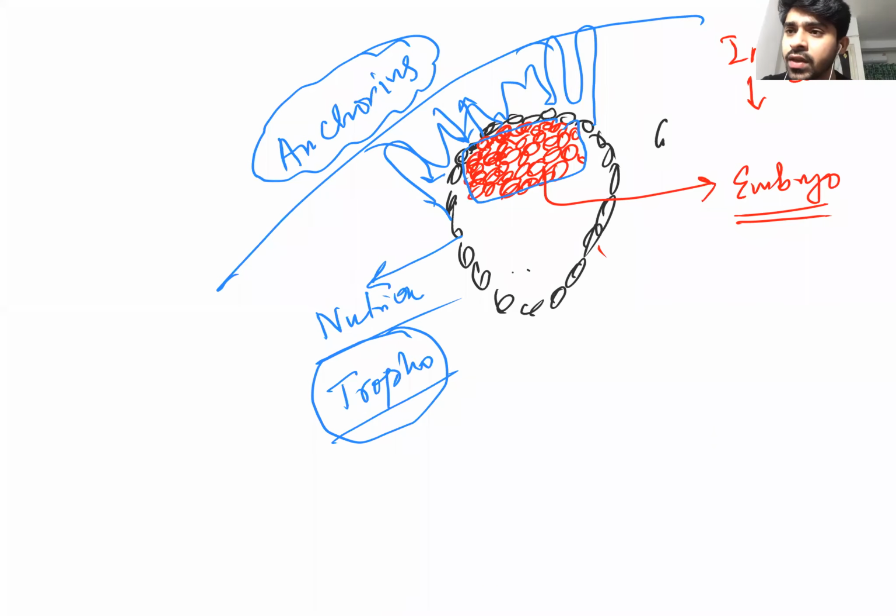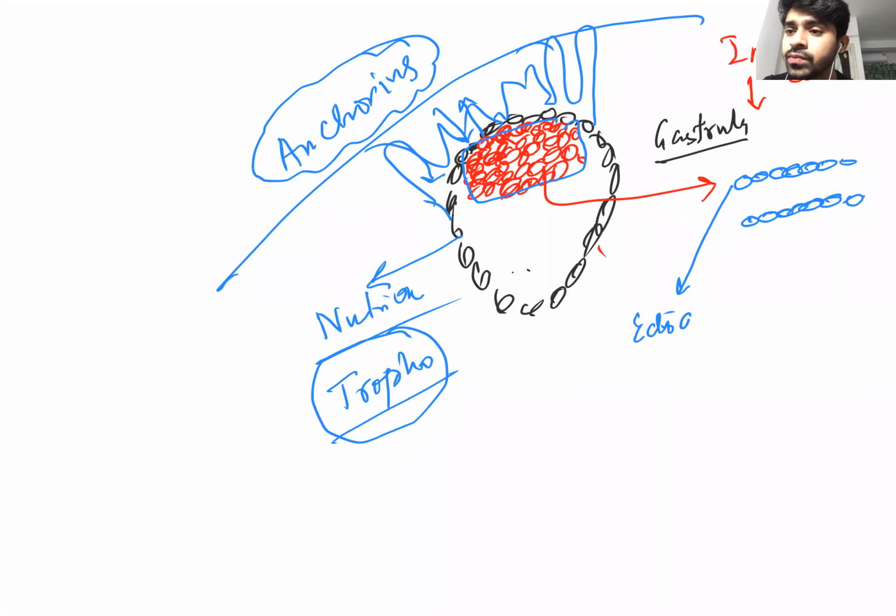at the gastrula stage, what will happen? All these red colored cells will be arranged in 3 layers. I'm just erasing these things and drawing that in the stage of gastrula, all the red cells will be arranged in 3 layers. I'm not mentioning details, just the concept. The upper and lower layers will be formed first. The upper layer is known as ectoderm, and the lower layer is known as endoderm.